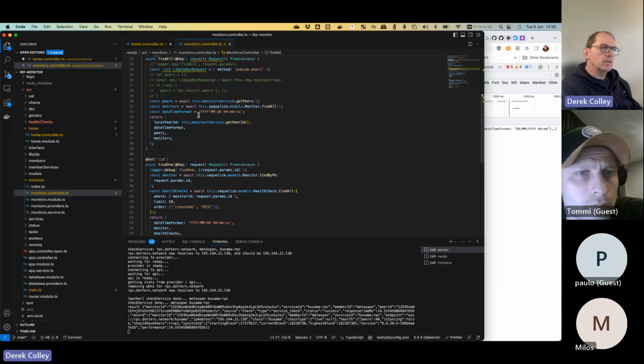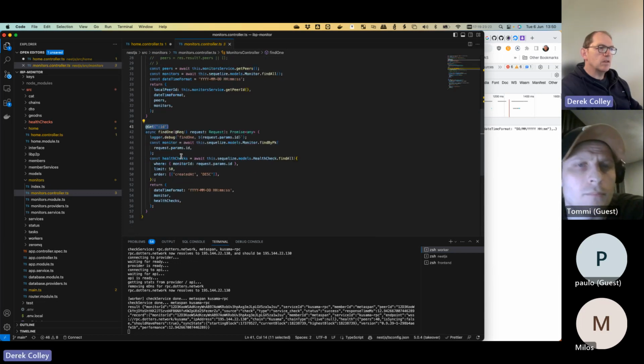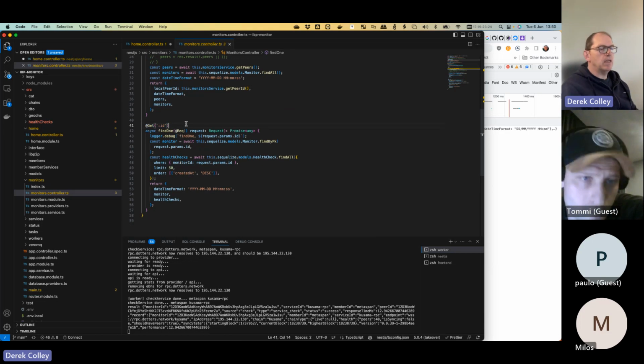Here I'm kind of mixing the pattern. I think we should probably get this from the service, not directly from the database, but okay. And if you send an ID, what that means is it's the same as